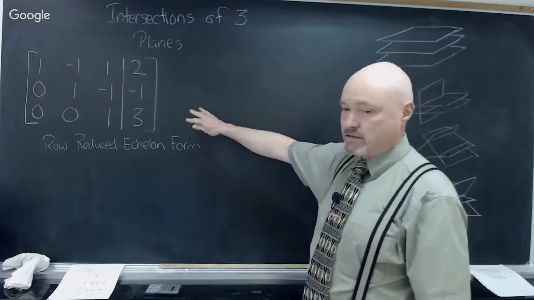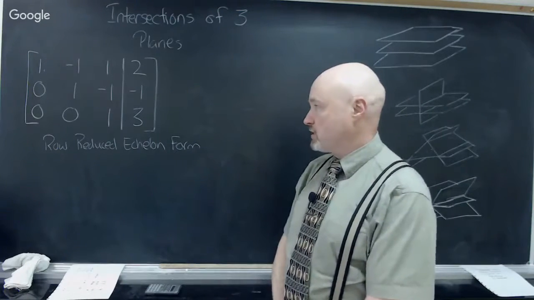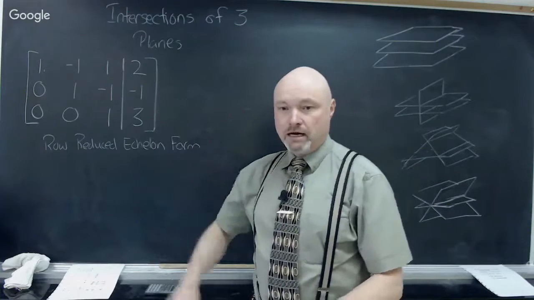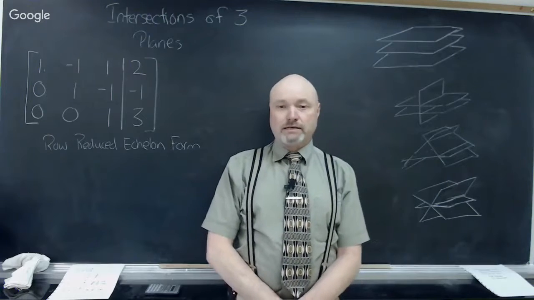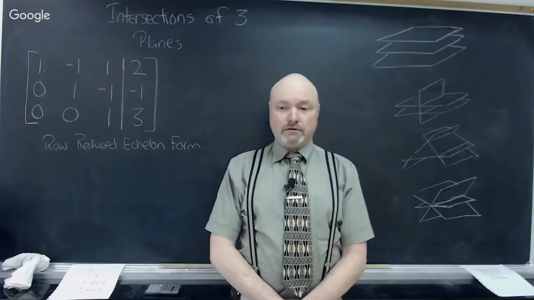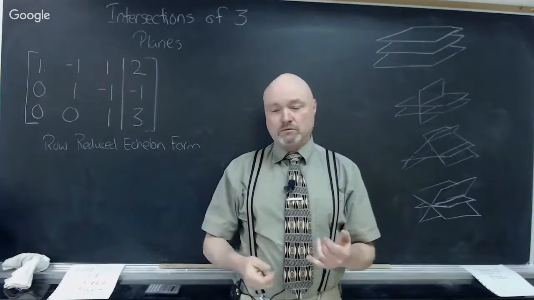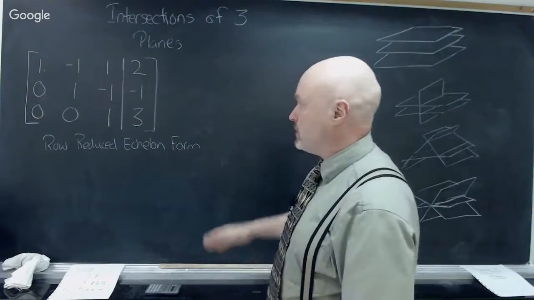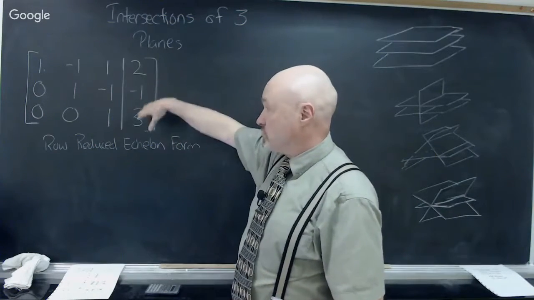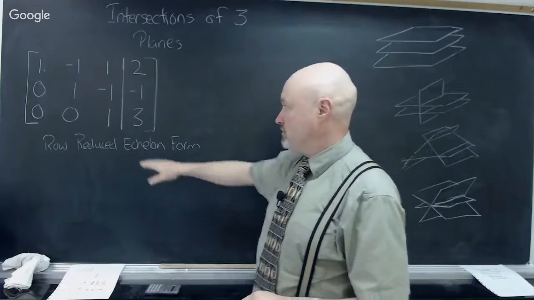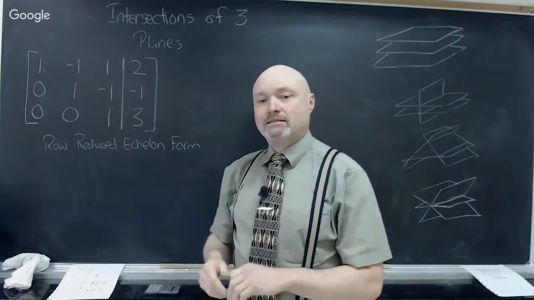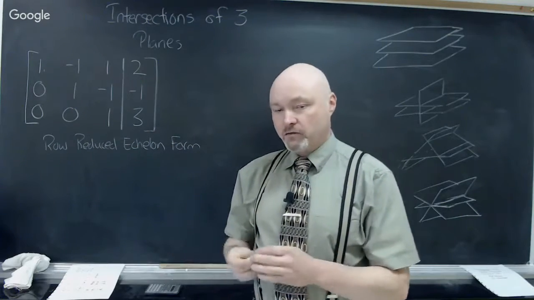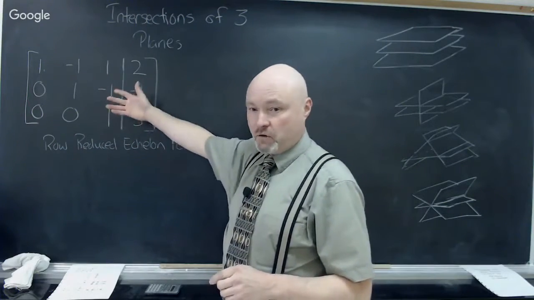Let's start with exactly the same example matrix that we started with yesterday. We had a system of three equations and three unknowns that represented planes. We found the intersection of those planes, where x was 1, y is 2, z is 3. We got this into reduced echelon form and found that z was 3, and then we just back substituted into the other equations. We obtained a value for y, and then we used z and y to obtain a value for